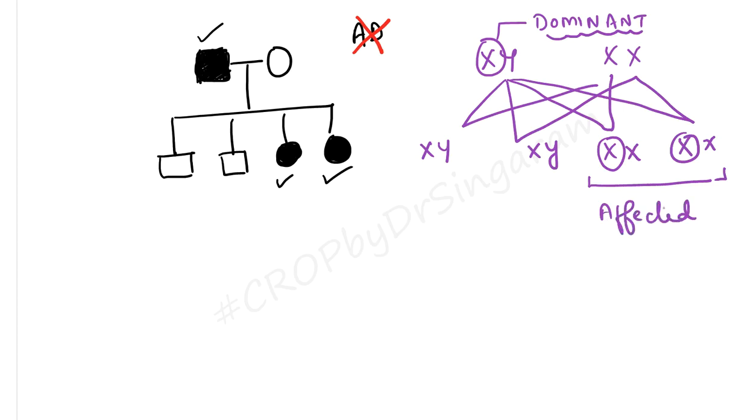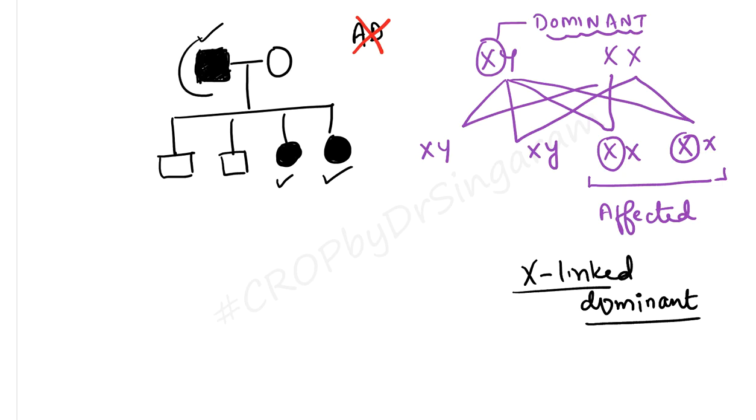Are you able to follow? So what is the pattern? This is a case of X-linked dominant pedigree. What is it easily confused for? It is easily confused for autosomal dominant pedigree if you look at it casually. So let us make it a rule and remember X-linked dominant. What is the rule? An affected male, or father, has all daughters affected. Sons are not affected. From an affected father, there are affected daughters. Sons are not affected. That is the point to be remembered.